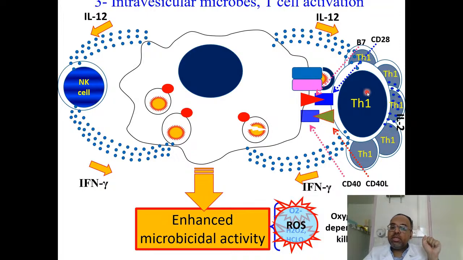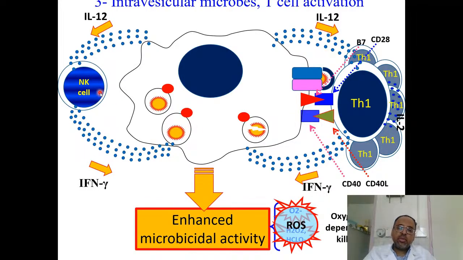So why does the help from T cells arrive later? Well, because when T cells recognize MHC and antigen, they need time to proliferate. After that, they need time to differentiate to T helper 1, and then they start producing interferon gamma. But for NK cells, that's not the story. They don't need time to proliferate or differentiate, so they give interferon gamma fast. Nonetheless, help from T cells is much stronger for the same reason: you have a lot of T cells, so they produce a lot more interferon gamma. And in addition to interferon gamma, they have these molecules at their surface, which also help with the activation of macrophage. So these two things should be kept in mind.